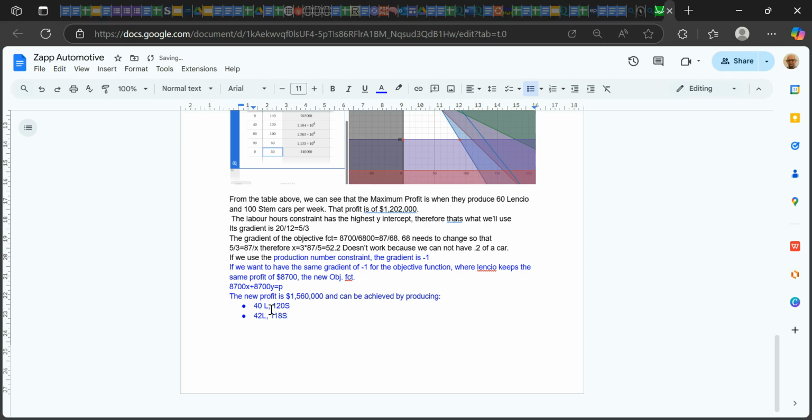What do you see? As Lencios go up by 2, I can go 44 Lencios, 116 stem, 40